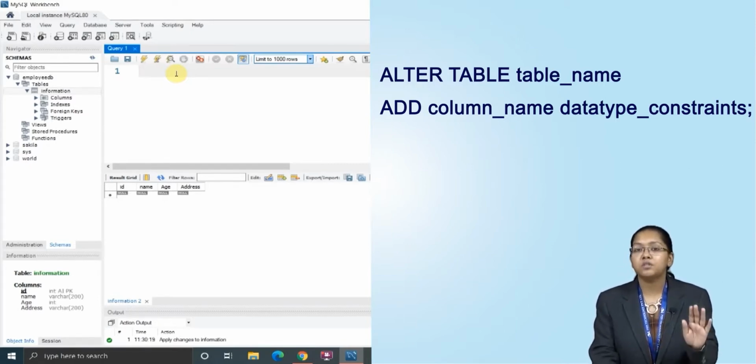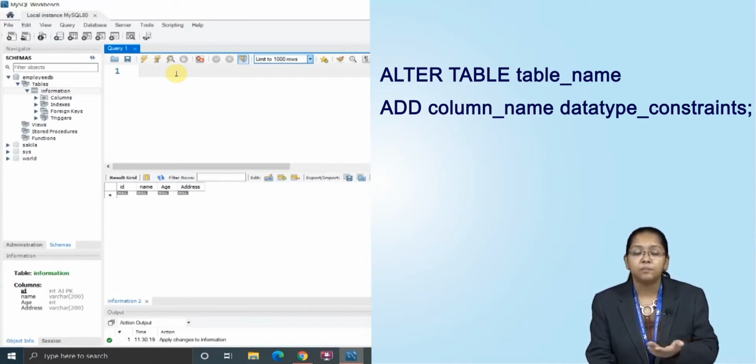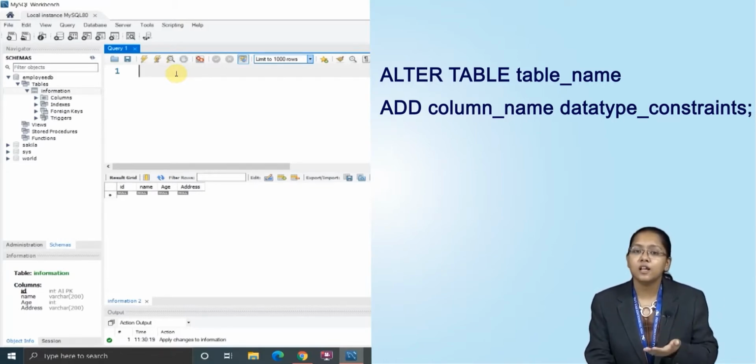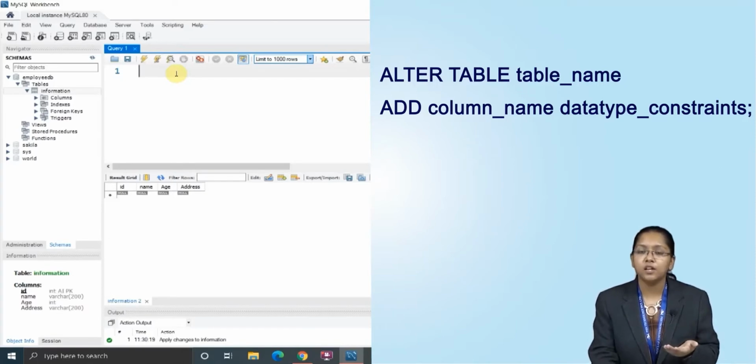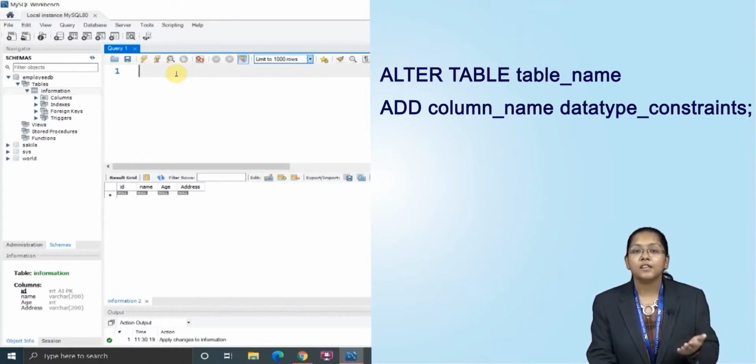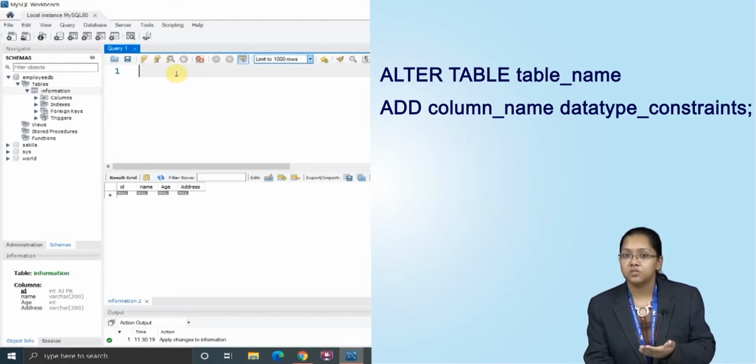Every time you specify a column name, after the column name you need to specify the data type, and after the data type you need to specify the constraints, meaning whether it will be a primary key or a unique key, or whether it will be not null or null. So the full syntax is: ALTER TABLE table name ADD column name data type, and then the constraint if any.